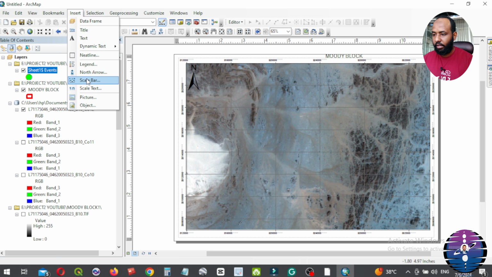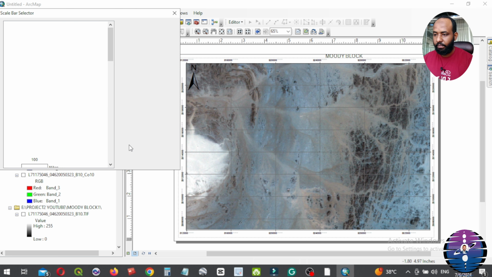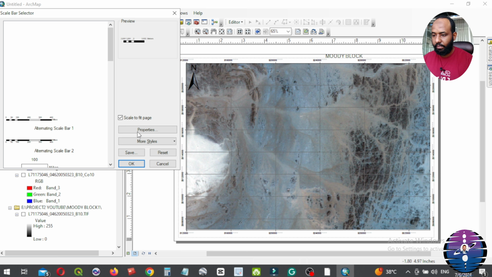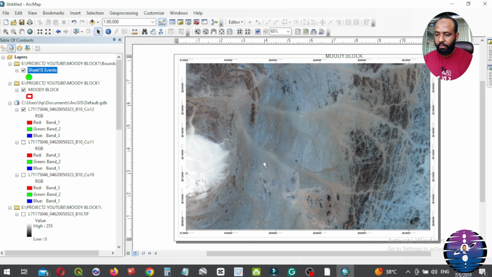Insert scale bar. Scale to fit page. Okay. Put it here.